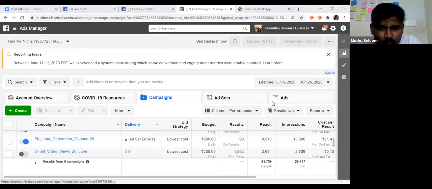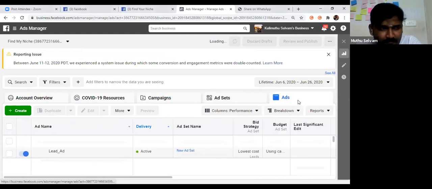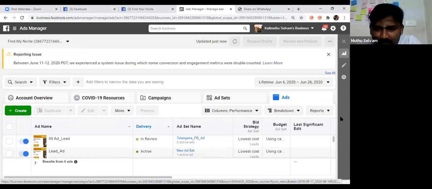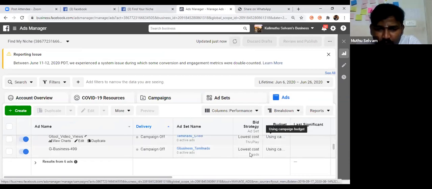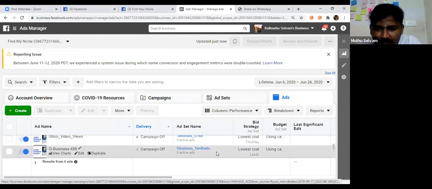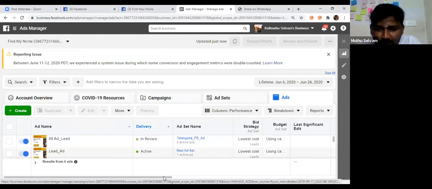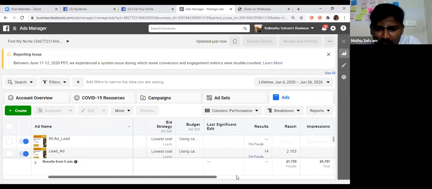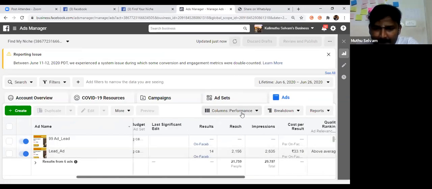When you click ads, the top category, then look at the bottom. There is on Facebook.